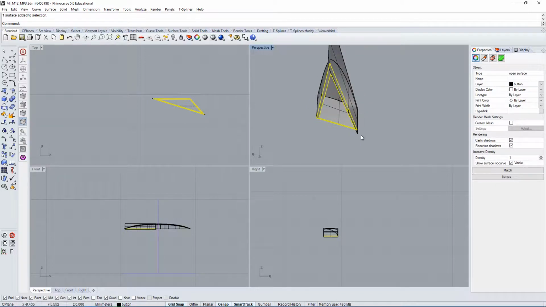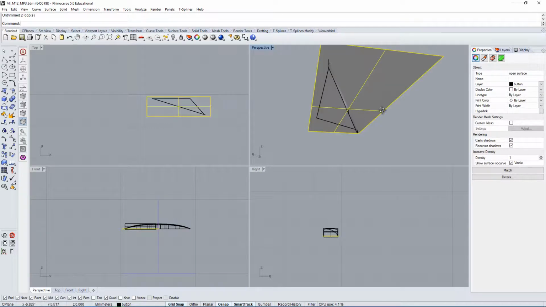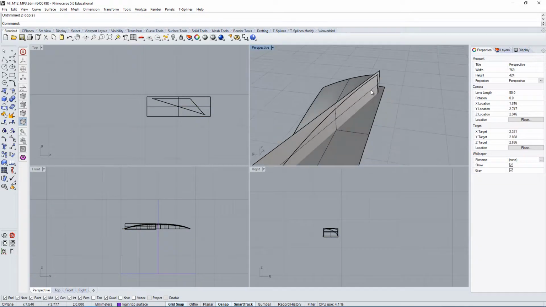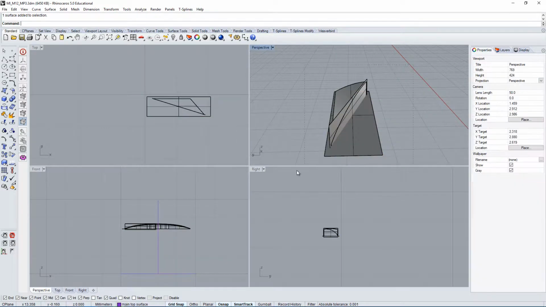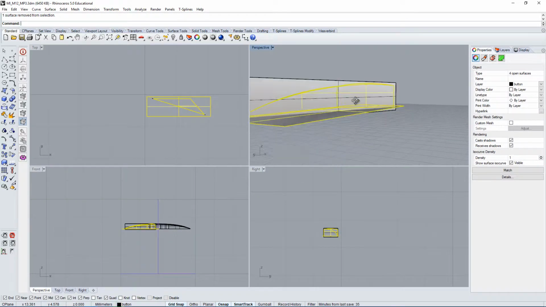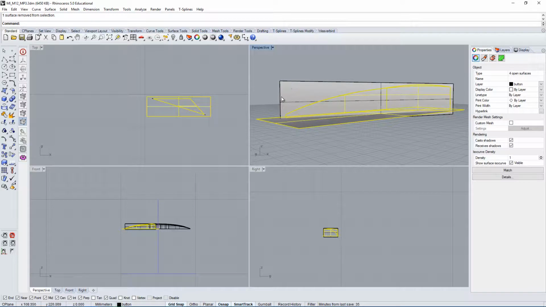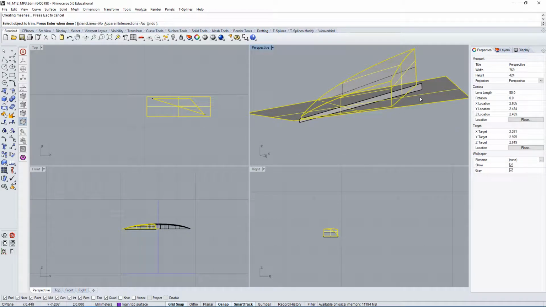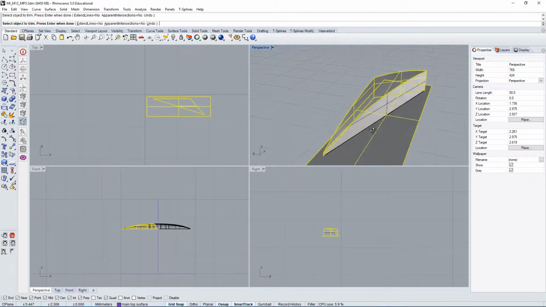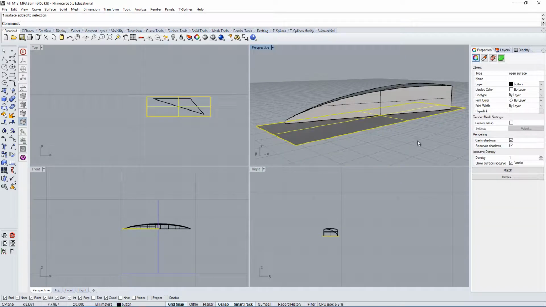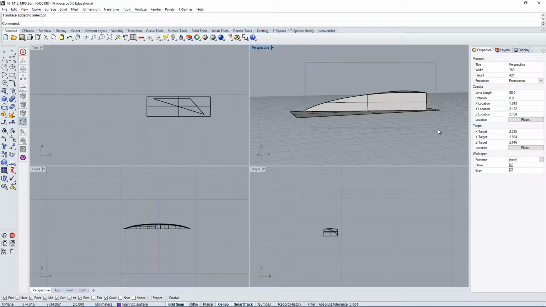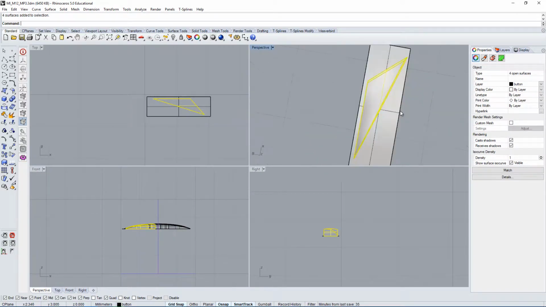Now, one of the problems here with this surface is that it's been trimmed twice. I'm not sure why that happened, but it doesn't matter. I can just untrim this surface to get a flat surface to work from, and then with this, it becomes much easier to just select everything except the surface we want to trim and just go in and trim whatever goes beyond. It was a strange way to explain it, but if you select everything, it usually makes the cutting process a lot quicker and easier.